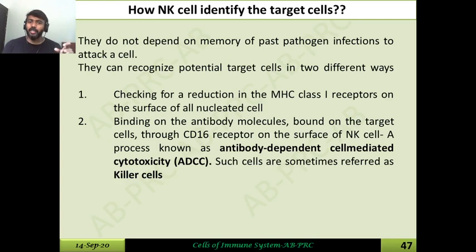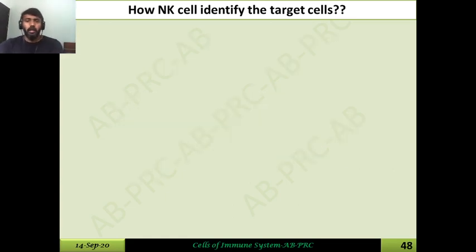So this interaction also will activate the NK cell to secrete chemicals, right? So these kind of cells with the CD16 receptor and having the capacity to perform ADCC are sometimes referred to as killer cells, right? So these are also sometimes called killer cells if they are performing antibody dependent cell mediated cytotoxicity. Okay, then